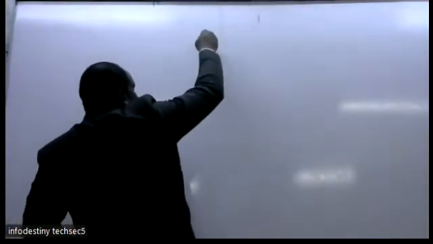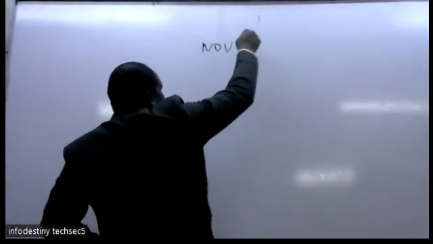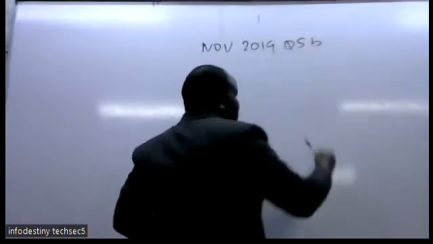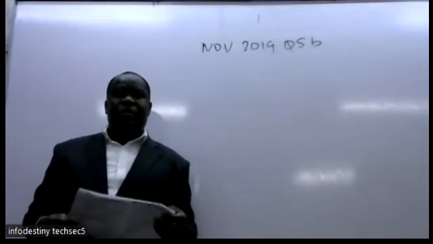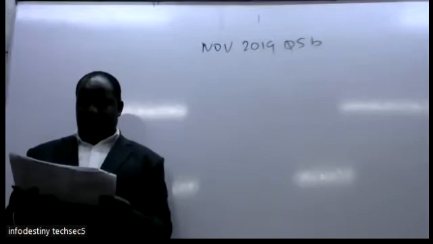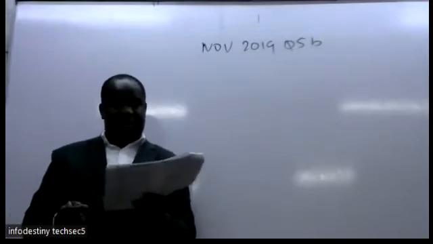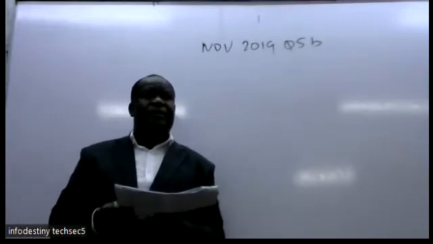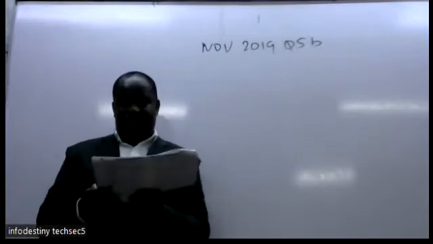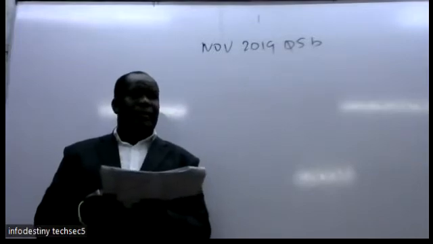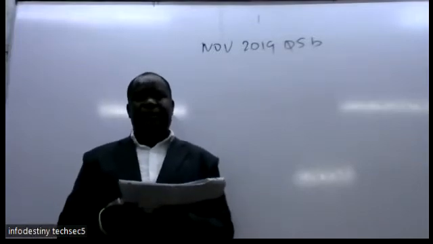So we start off with the question. November 2019, question number 5, part B. The question reads that A Limited and B Limited are companies operating in the same line of business. In the past few years,